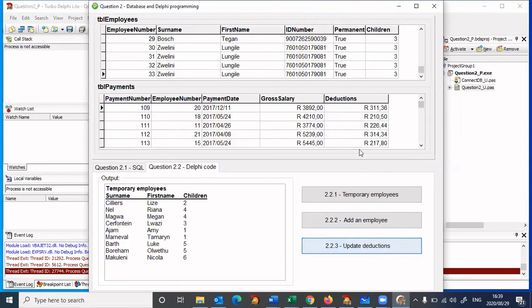When I click on it, that has now increased for that particular record. So if I want to increase this particular record, I click on that, click on update deductions, and then you will find that this now changes. Similarly, if I click on that particular record, I click on update deductions, this figure here will only be